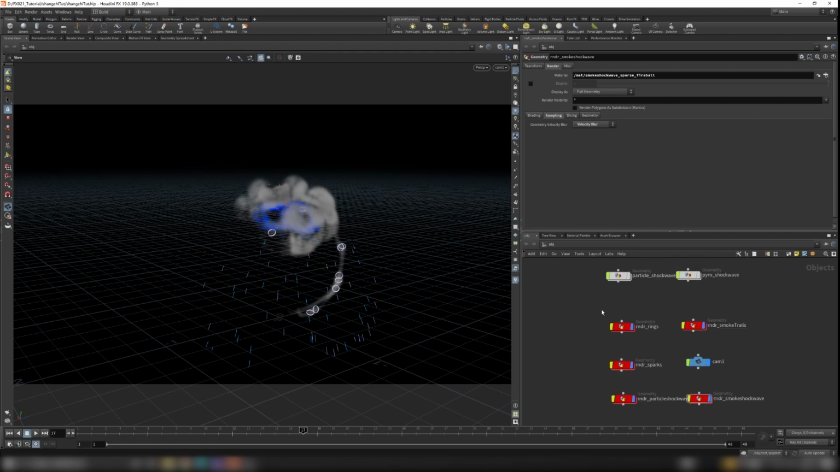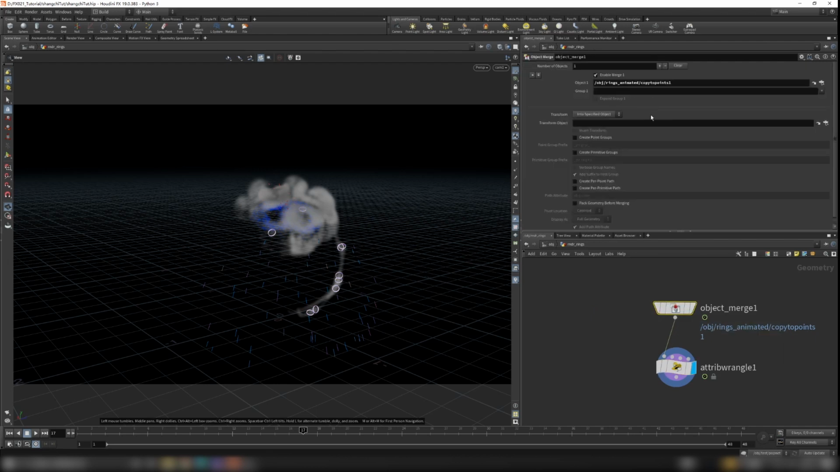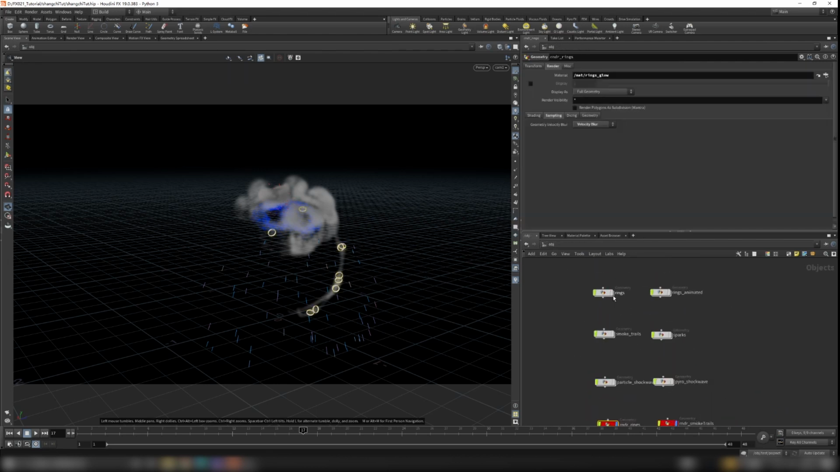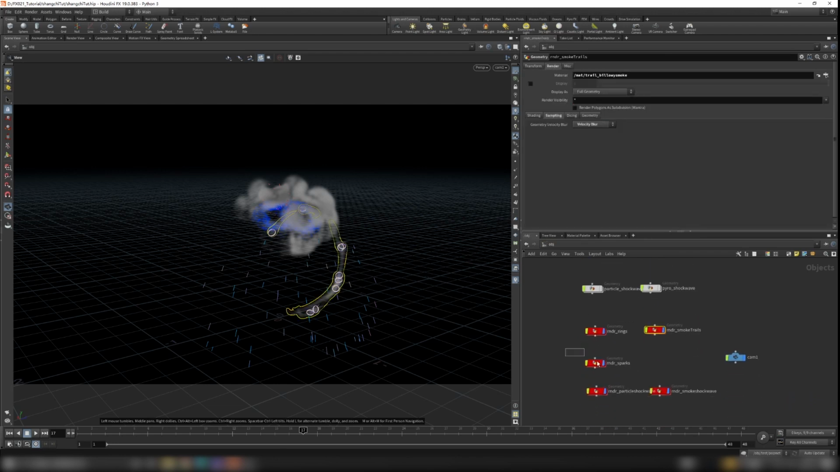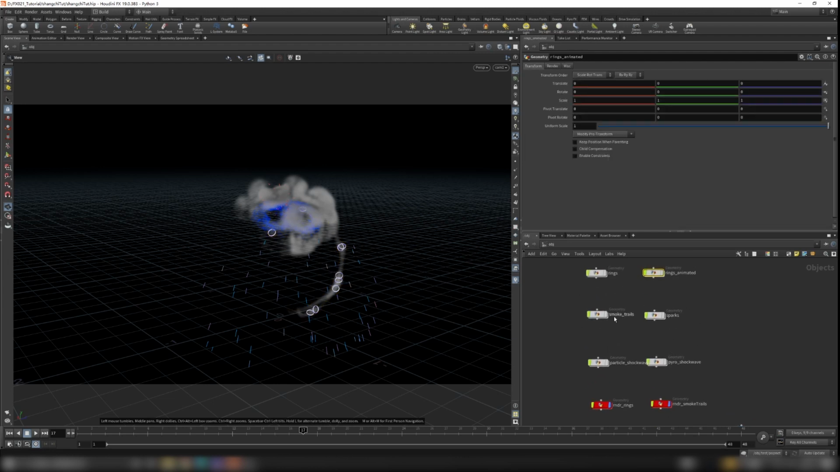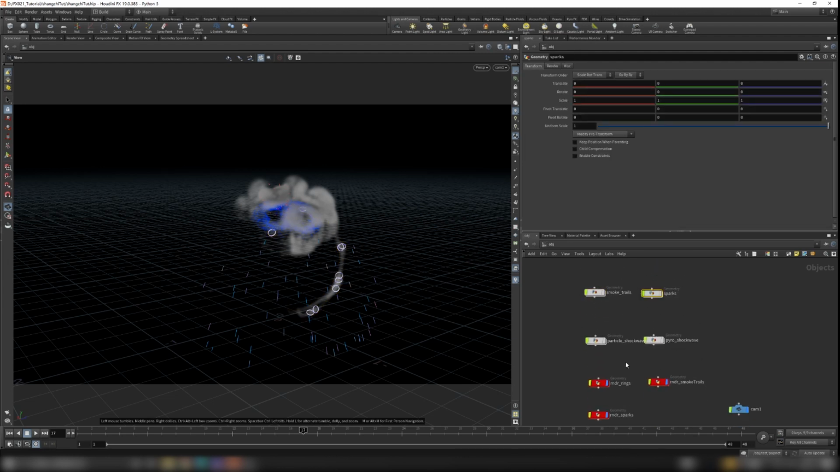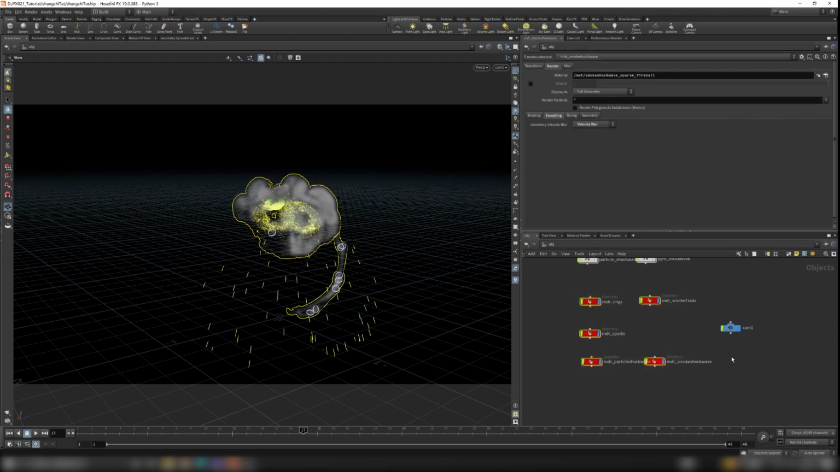First of all, create these geo folders here, and in each one, I just create an object merge to merge the object from here. Each one just create a folder and name it R&DR rings, R&DR smoke trails. Everything is exactly the same here. I just use object merge to bring this object into here, and just select all and hit C to color